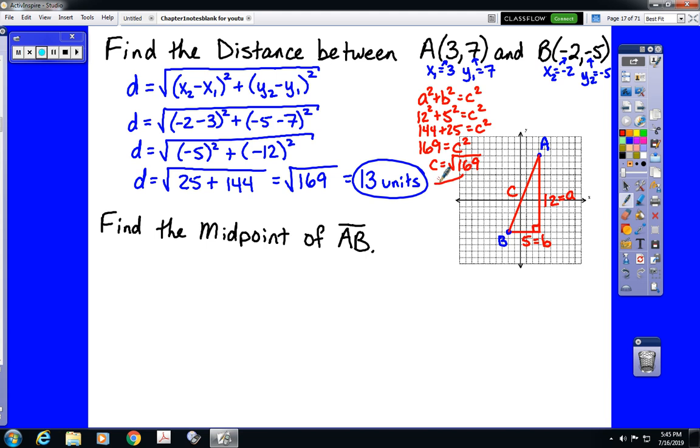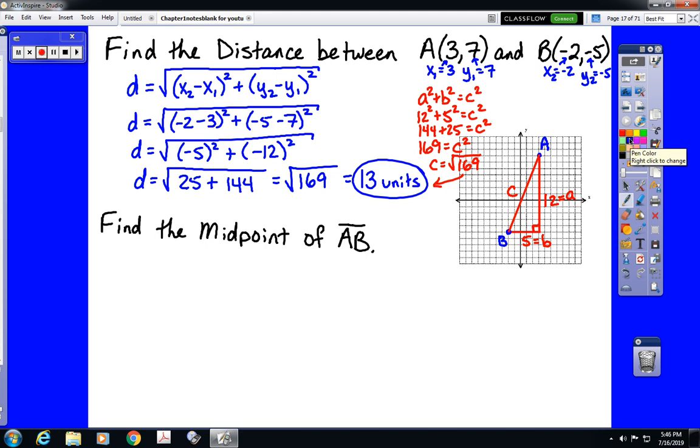Would give me 13 units for that length. I want you to use the distance formula. You have all been through Algebra 2. You shouldn't need to graph the points to find the distance. But if you were given a test item on the coordinate plane, you could potentially take a slightly faster path using Pythagorean theorem. Now, while we're on the subject of things we should already know from algebra, the other thing